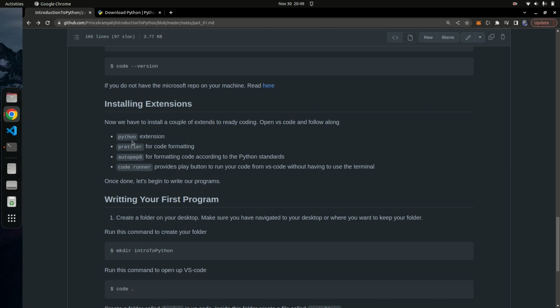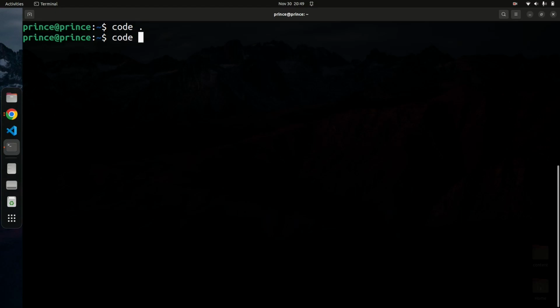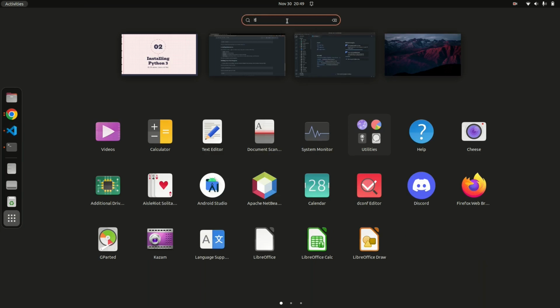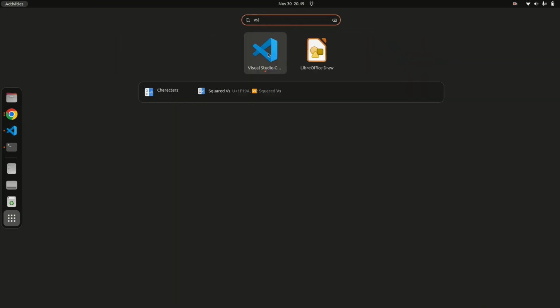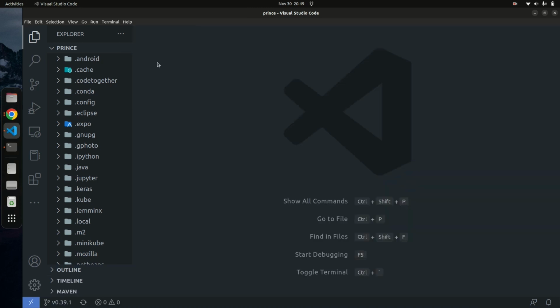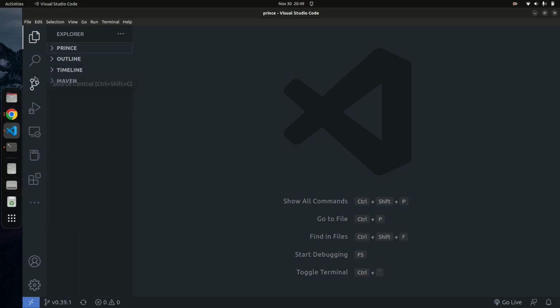I'm going to open up my VS Code, or you can go inside your search field right here, type in VS Code, and open it up like this, and that will also work for you. Open VS Code any way that you know how. Once you have VS Code open, go to the side panel. Let me minimize this for now. Search for extensions. This is the icon for the extensions tab. Press the extensions tab and have it open.